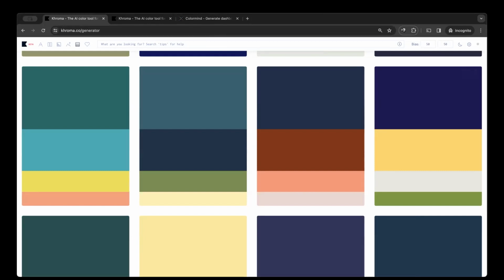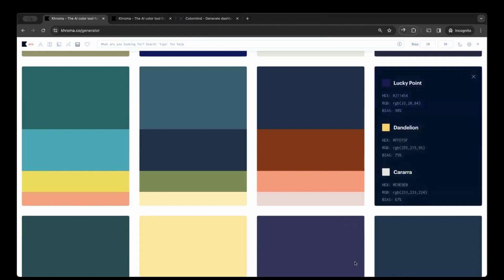So take a screenshot of that. You can save that somewhere in a folder. I would advise you create a folder to start putting all this. On Windows, Windows plus Print Screen will also work. So the next thing I said we should do is copy out the hexadecimal colors, and that's what I was doing. Feel free to write out the names that this AI has given you, so you can reference those colors based on that.